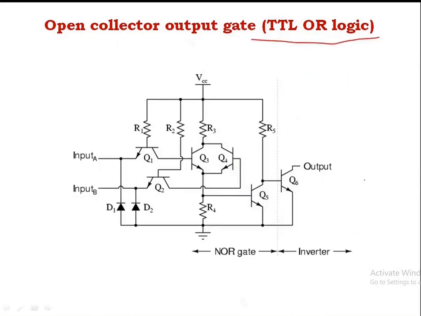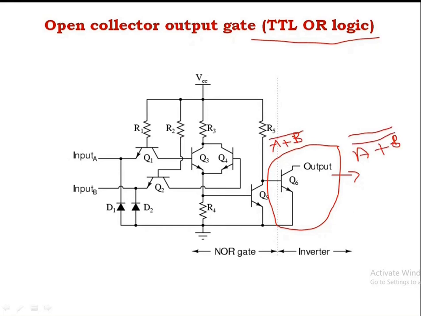Now OR logic. How will you make OR logic? NOR logic and inverter. You can see just one transistor works as an inverter. If you take only one transistor, that will be working as an inverter. In this portion, you will get A plus B, the whole bar. So here it is the inverter. So A plus B, the whole bar is my input. I have to complement it. So the double complement will get cancelled. So I'll get just A plus B. See, this is your OR logic.